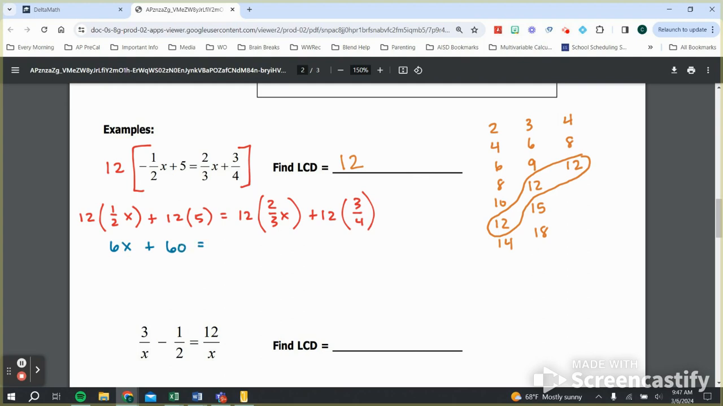12 times 2/3 is 8, so 8x. And then 12 times 3/4 is 9. And now we have an equation with no fractions. And now we're just going to solve for x. I'm going to move my 6x to this other side, which means I'm going to move my 9 to this other side. And we're left with 51 equal